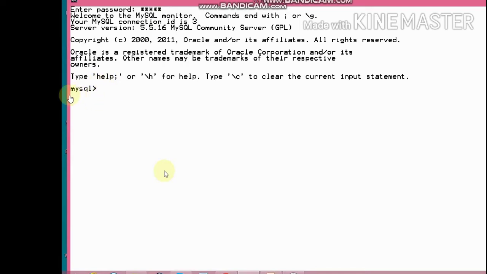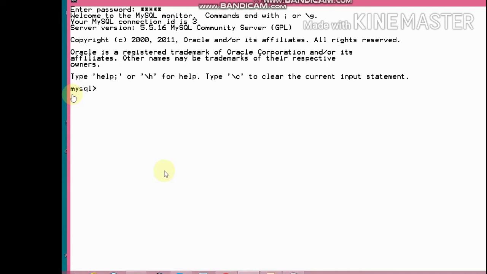Now it displays like this, white background and black text. Now it is visible. And here it displays the cursor, and this is called the MySQL prompt, where you enter the command.